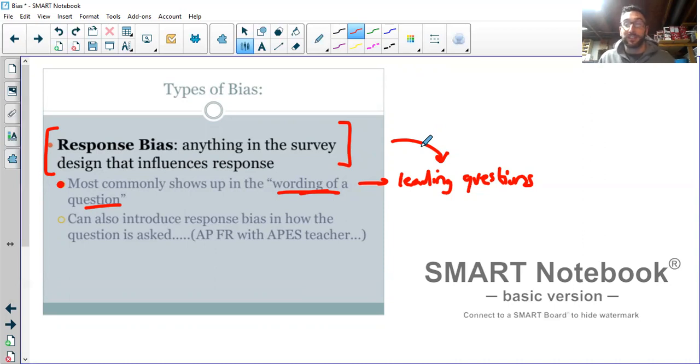And as a result in that example, I'm probably going to have the answer, yes, stats should be required, overrepresented. Or an example I've seen is